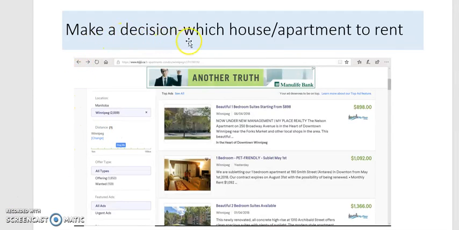Make a decision which house or apartment to rent. This is a screenshot from Kijiji.com. When I search rent, if you have already decided what kind of housing to rent, you can type the keywords accordingly. For example,